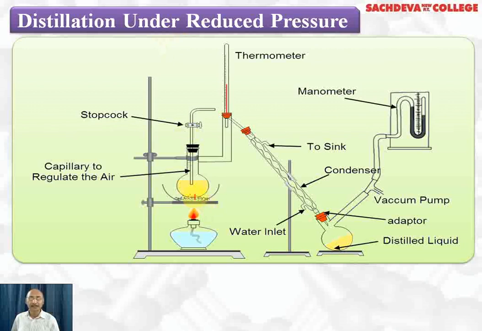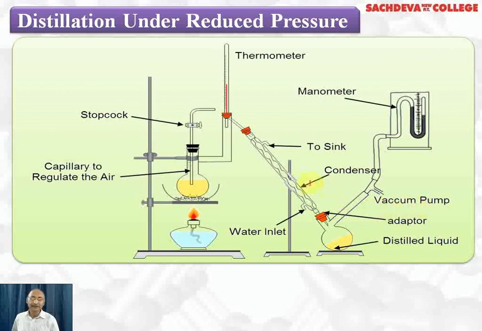Glycerol can be there, or sugar solution, or from sugarcane juice we purify it when we get sugar, that can be used in this round bottom flask. Here we have a thermometer at which vapors will be formed, and this condenser will be used to condense the vapors so as to get the distilled liquid here. And here we have the manometer. The manometer will read the pressure, how much pressure we have reduced. And how will we reduce the pressure? We will do that with the help of a vacuum pump.